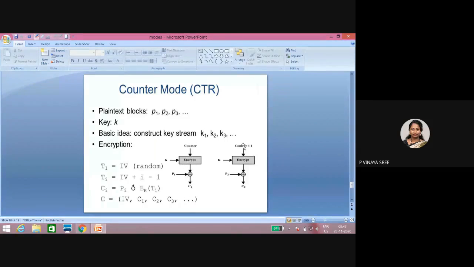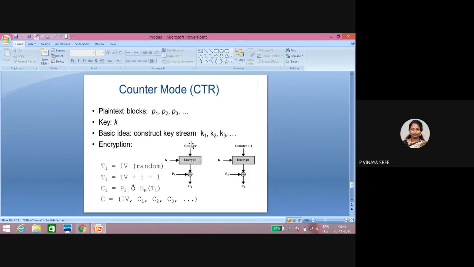In the same way, for the next block we increment the counter plus 1, encrypt it with the key, and do an XOR operation with the plain text. There is no connection between a block to block, and we will not have the same effect which we have in electronic codebook. In electronic codebook, we directly take a plain text, encrypt it, and generate a ciphertext.